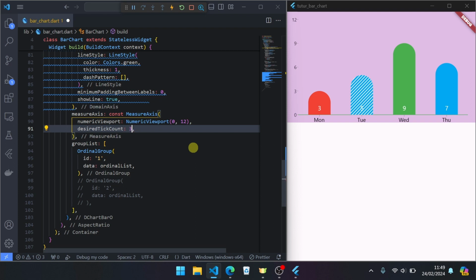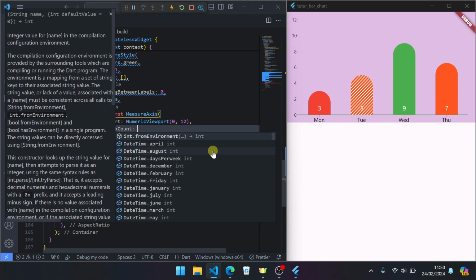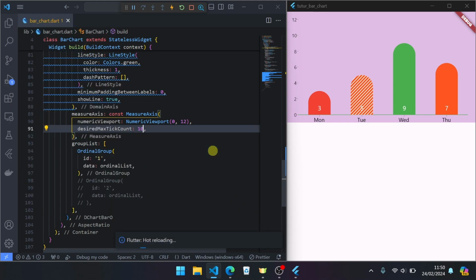For example, if you use 3 for this tick count, this is fixed size, the tick count will always be 3. If you set 5, always 5. If you set 7, always 7. If you use the optional ones like max or min, you can set maximum 10 or whatever you want.